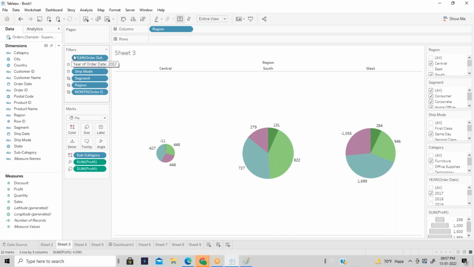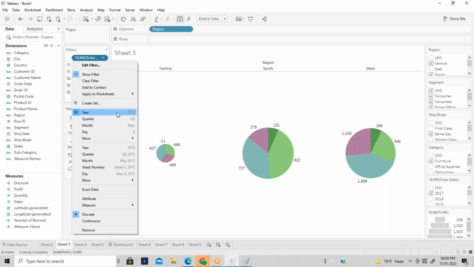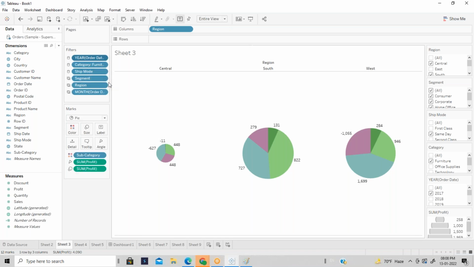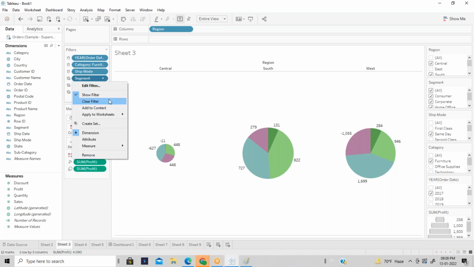At sheet level you will see this option. If it is applied to the data source level, you will see the cylinder symbol. You guys can see the cylinder symbol. If the filter is applied to the data source level, that is the cylinder symbol. Similarly, if you want to apply it everywhere, you can apply it to the worksheet at a data source level.